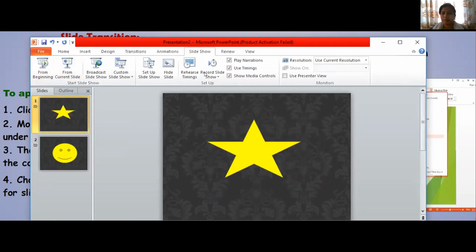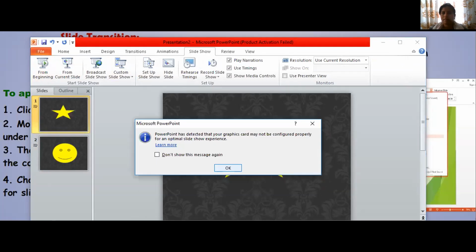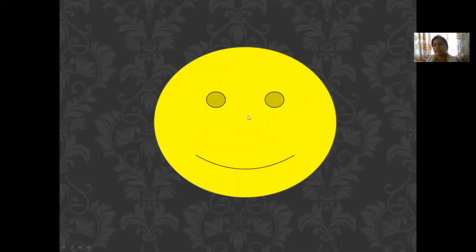From the beginning. Children, now you can see on the screen that the slideshow is starting. In the sense, when you actually want to do a presentation, this is how it looks. The whole of your screen becomes like this. Then with a click, your star appears. Now the second thing came, but the slide pages have not changed in a different way.